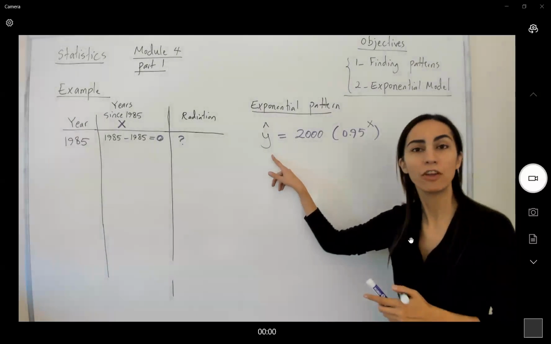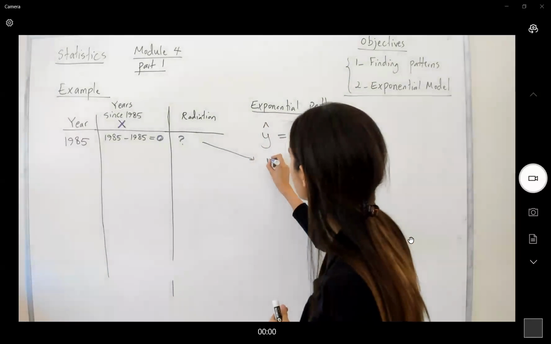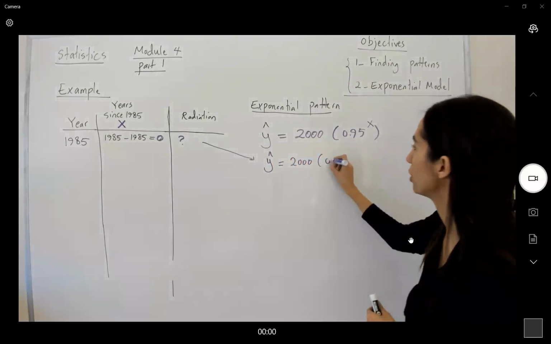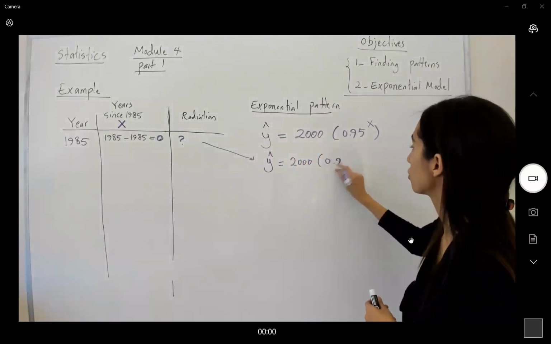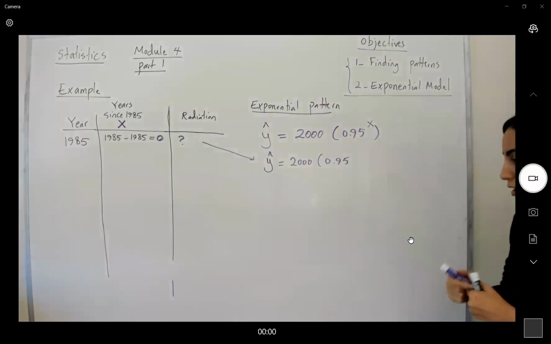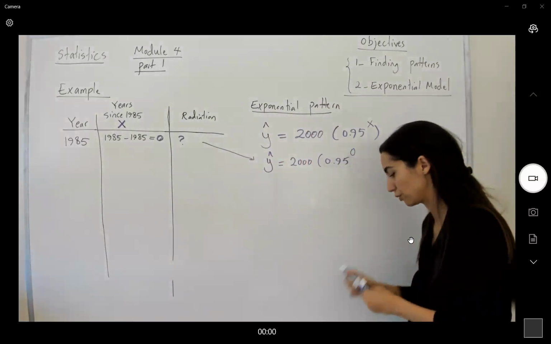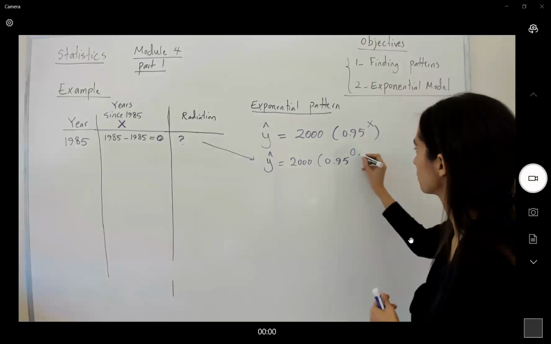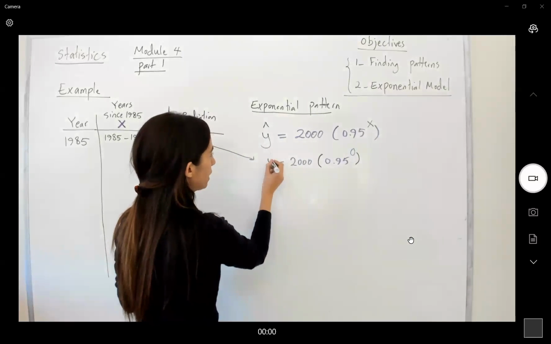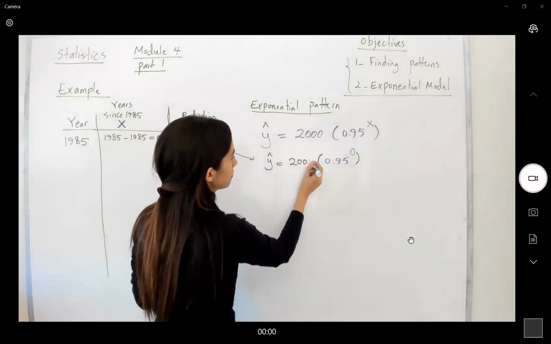Very well. We have a nice formula. Let's use it to find this. We're going to write y hat equals 2000 times 0.95 raised to x. What is our x? X is equal to 0. So I'm going to use 0 here to show you that we use 0 as the exponent. Y hat is equal to 2000 and